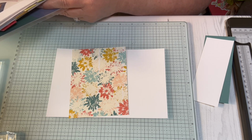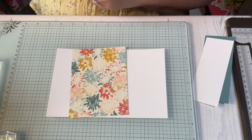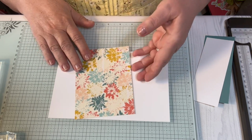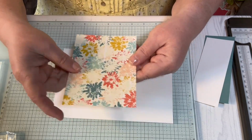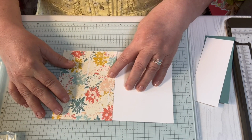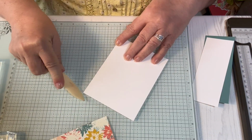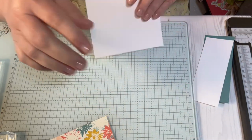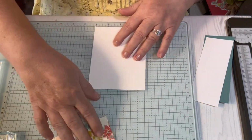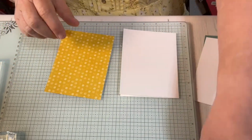It's 48 sheets, 12 double-sided pieces of paper for each design. So this I cut 4 1/4 by 5.5. So it's going to fit. It's going to cover that whole half a piece of cardstock. So I'm going to fold this in half, and I'm going to burnish that real good with my bone folder. And then I'm going to make sure that lines up real good. Take my